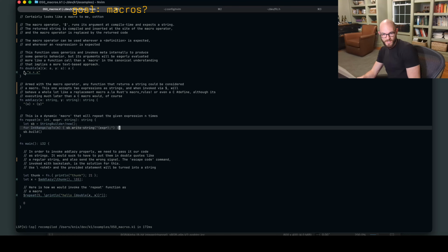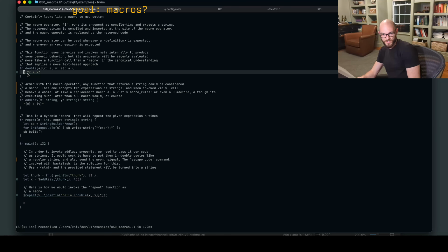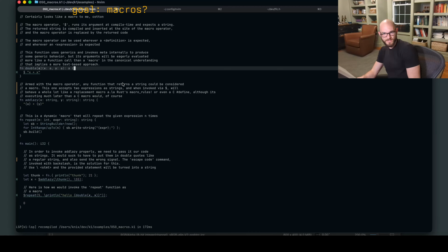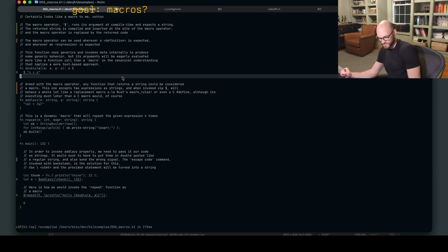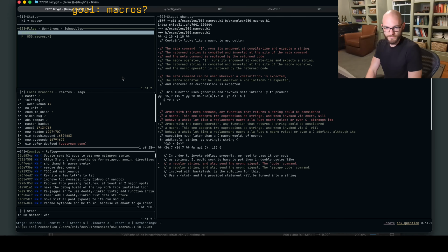I could see one day, Dollar wants a string for the code. We could totally accept a data structure representing code like most macro systems do. You construct a tree, like we just do in ADT, but this is sick. Like, this is so much nicer. And you can always write functions that DSL over that and spit out the strings. And then you have a rich library for constructing K1 code. And then that can be used for like offline tools. It's good. All right. Thanks for watching my schizo session on macros.